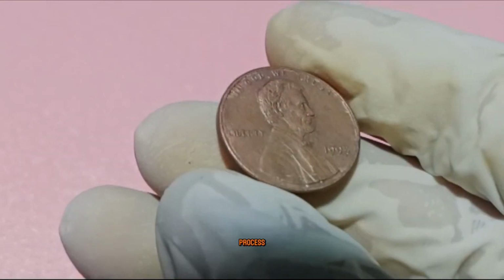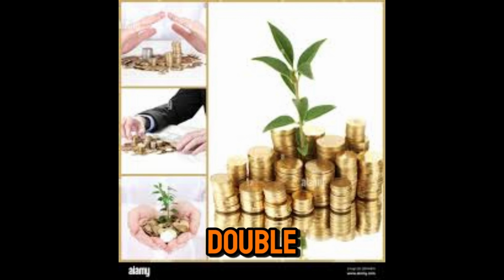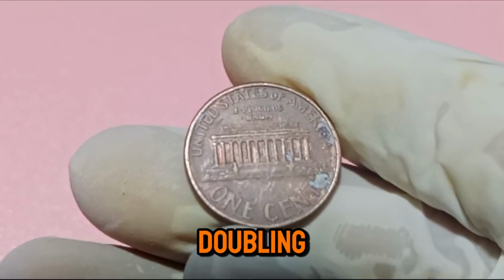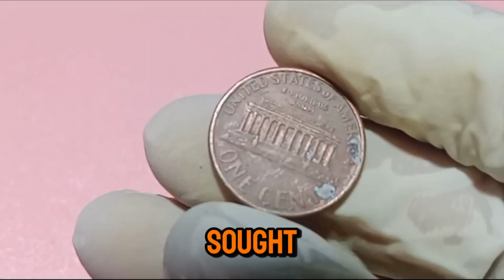centered during the minting process can end up with an off-center strike, where part of the design is missing or shifted. A double die error occurs when a coin is struck more than once, resulting in a doubling of the design elements. These errors can affect both the obverse and reverse of the coin and are highly sought after by